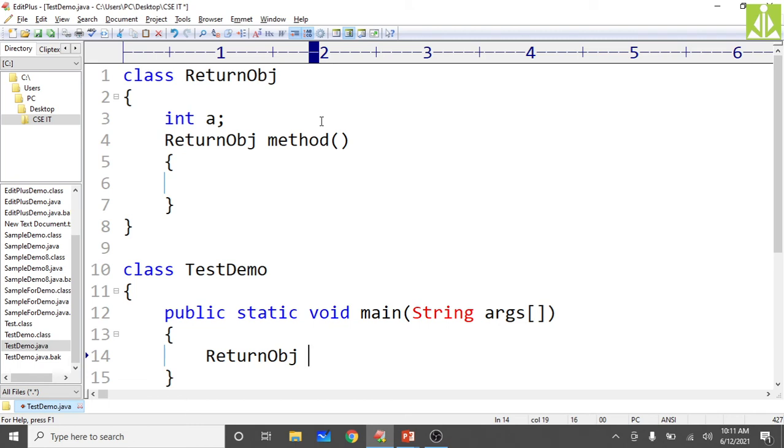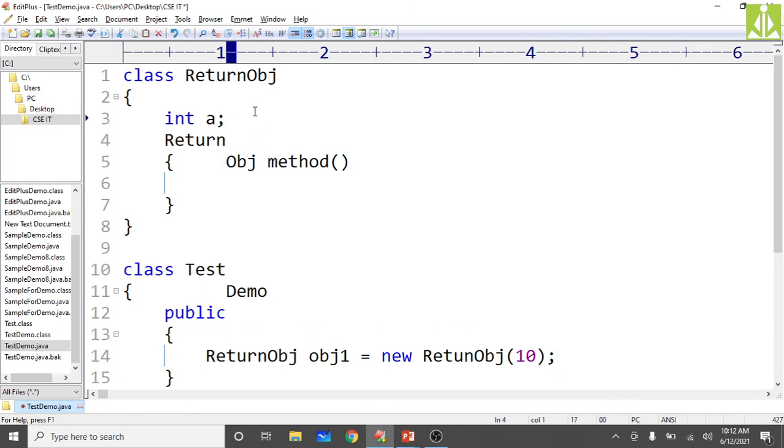So I'm creating an object of the return obj class, and I'm giving that object the name obj1 equals new return obj. This object creation should initialize a value 10 to a. This object creation should initialize a value 10 to a. So how can I do that? Yes, with the help of a constructor.